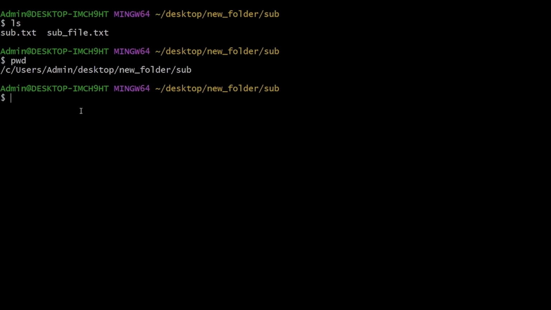So I'll do something like mv, then I'll say /c/users. Okay, let me just type it out. Let me just type it admin /desktop, right? /new_folder/subfolder/sub.txt. So please, this is the full file path of this sub.txt file. Then I want to paste it inside of